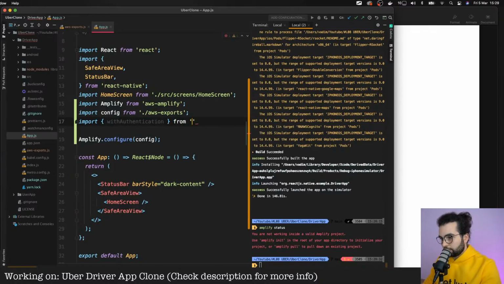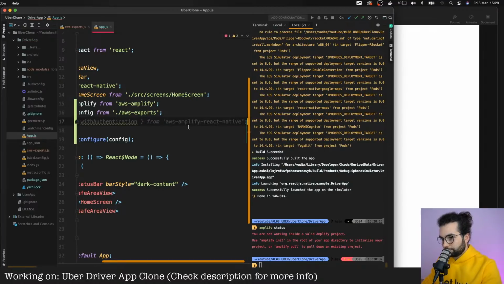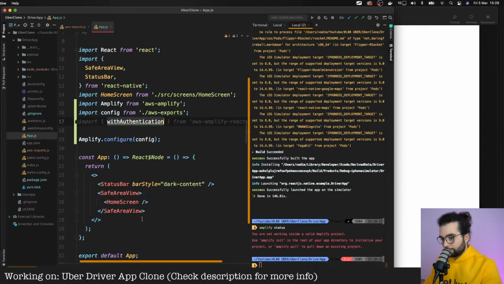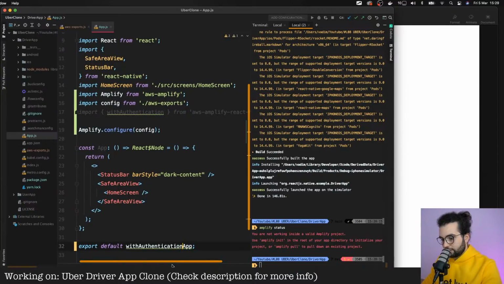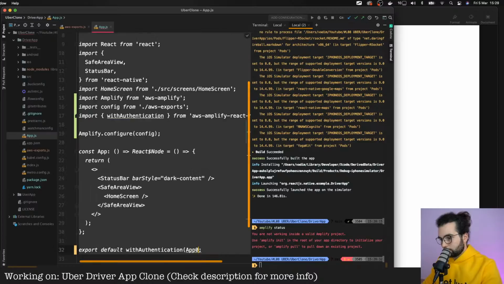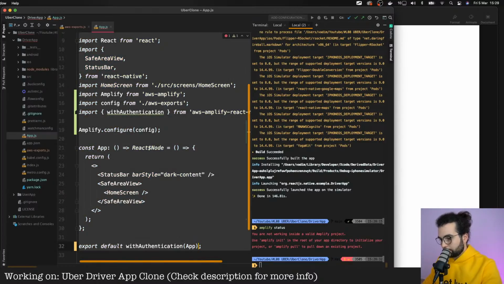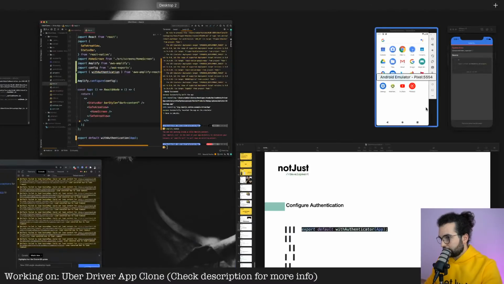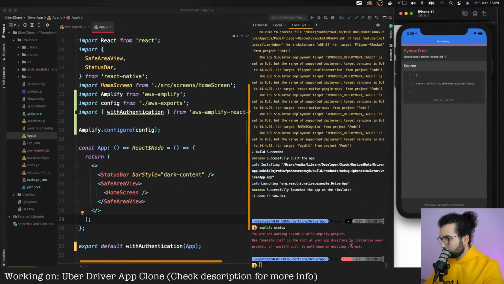And we're going to import it from aws-amplify-react-native, and just with this line of code, our application is supposed to have authentication. So let's open it here. Let's save.